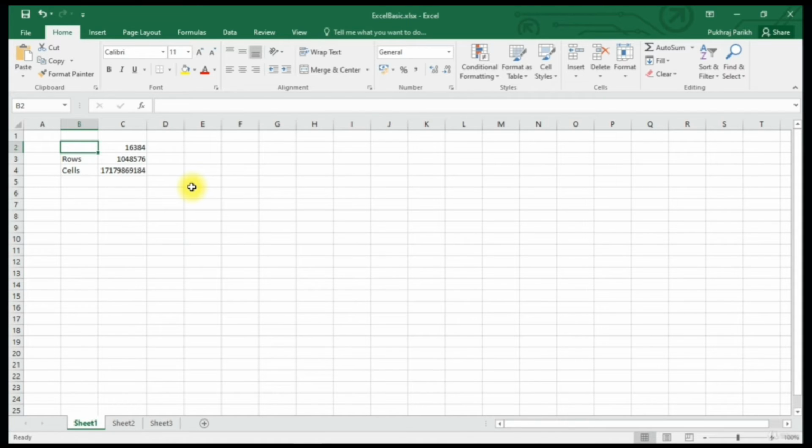Okay. Now we are going to discuss types of data we enter into cells. Basically, the data is only three types. One is textual, which consists of alphabets, such as the cell B2, which contains the text columns. The second type is numeric, which consists of numbers, such as the cell C2, which contains this numeric value of